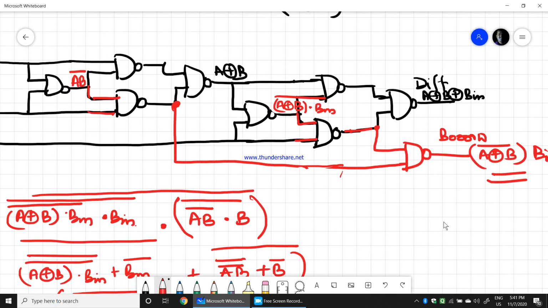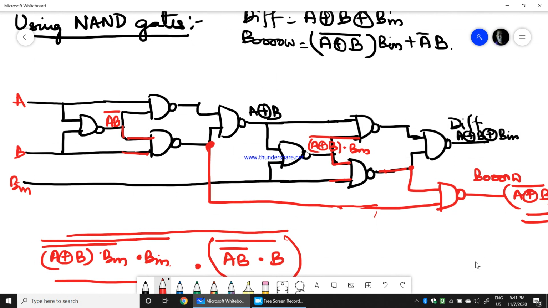Okay, so this is what the half subtractor is. Now you can try it out yourself using NOR gate. Using NOR gate, the difference is the same. Whatever we have done in the full adder, you get the same thing using NOR gate for the difference even in the full subtractor. Whereas think for yourself about the borrow and try to see how to get the same expression using NOR gate. It is quite easier using NOR gate than NAND gate. So I hope you can do it by yourself using NOR gate. Okay, this video now ends the discussion of full subtractor and half subtractor.